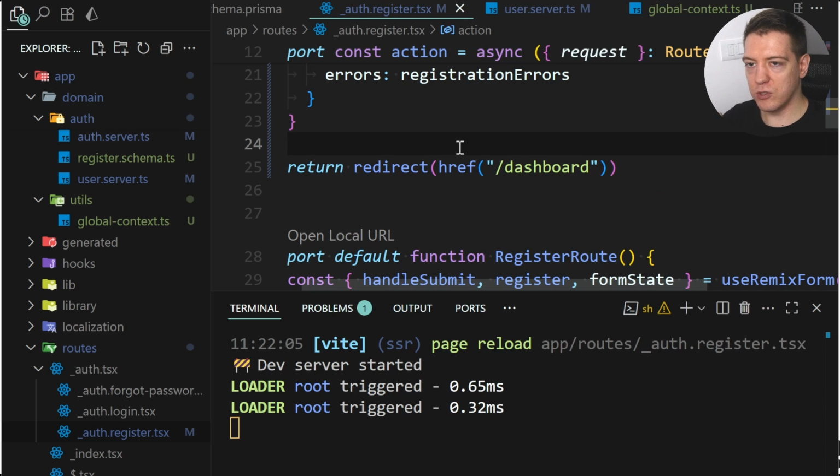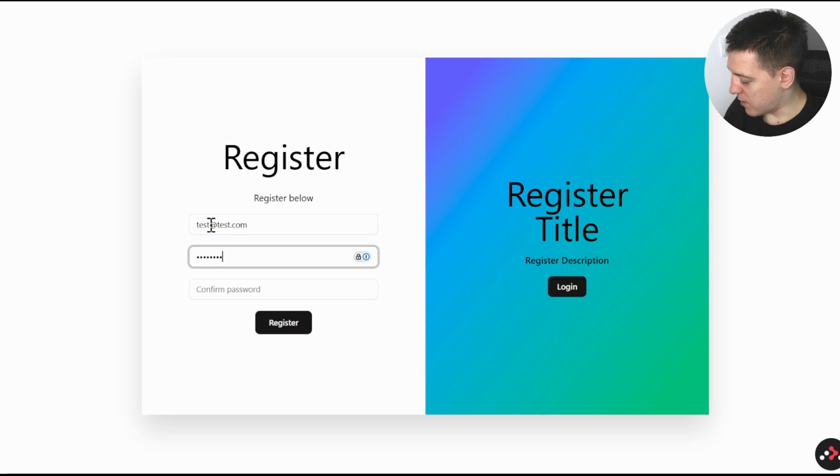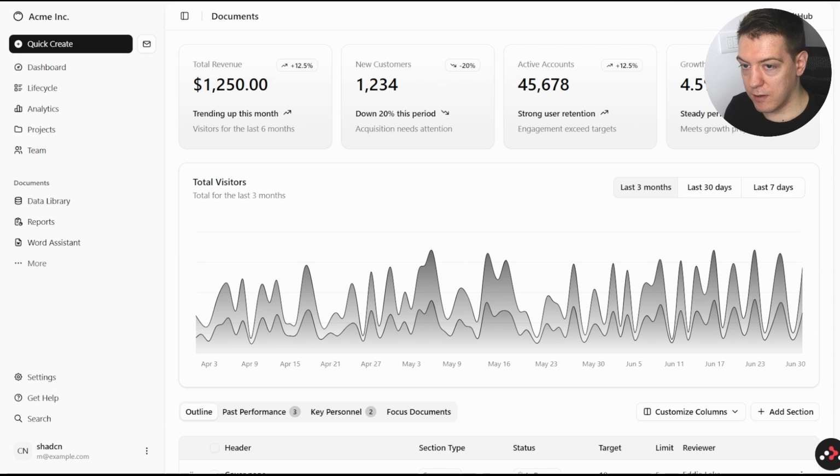So let's actually try to register now. All right, so now we want to register. So I'm gonna do test@test.com. We're gonna do 1, 2, 3, 4, 5, 6, 7, 8, and again 1, 2, 3, 4, 5, 6, 7, 8. And I know the password sucks, sue me. And we're gonna click register. And as you can see, we are on the dashboard. We have our dashboard shown, but if you don't remember, we said this is not protected, and that's still the case. So let's go back to the code and let's protect this route,